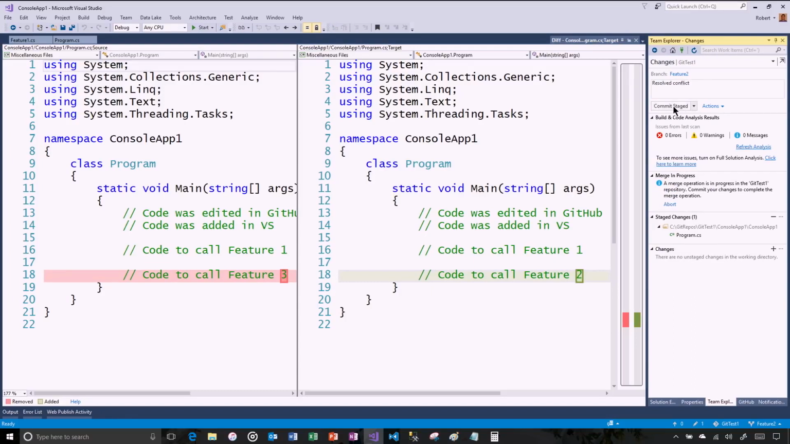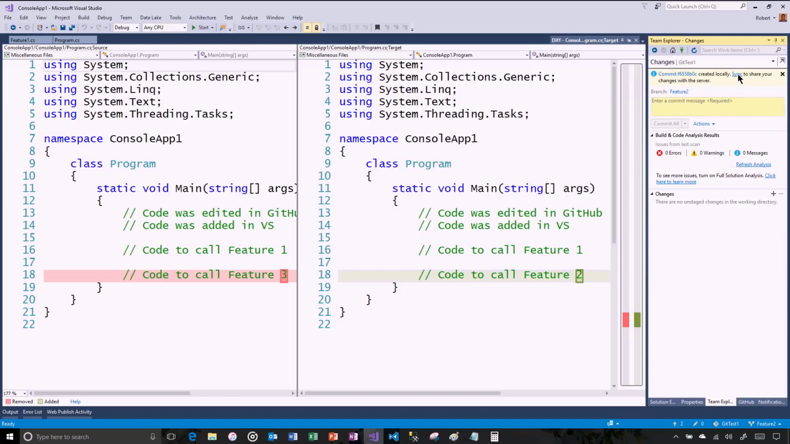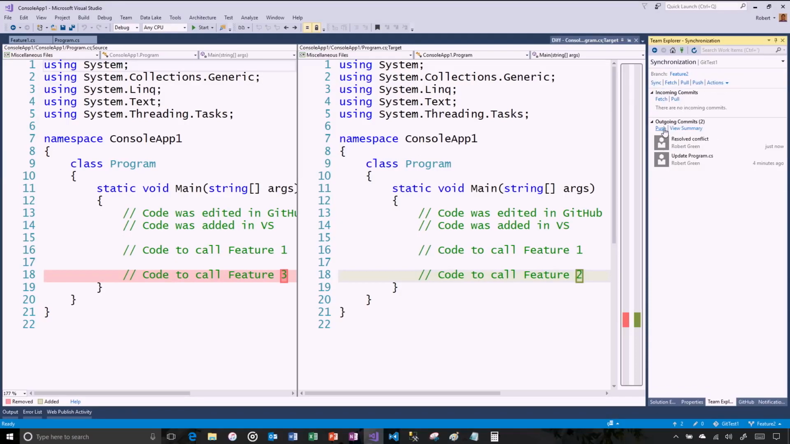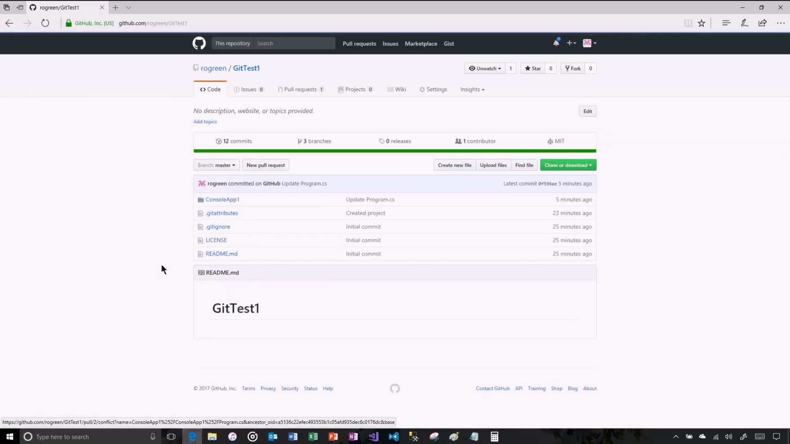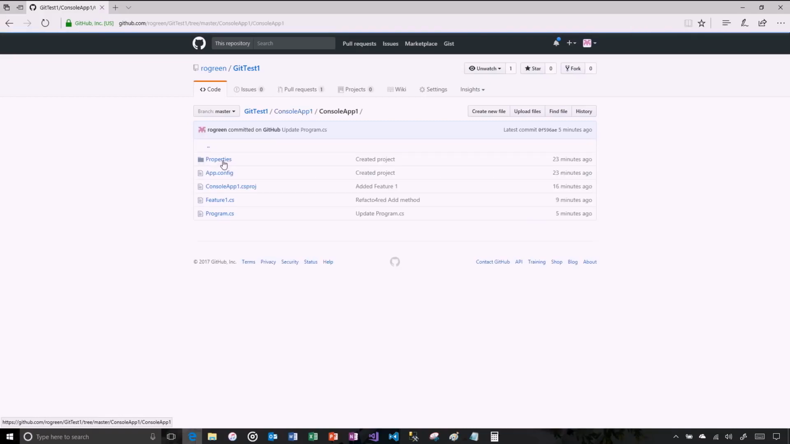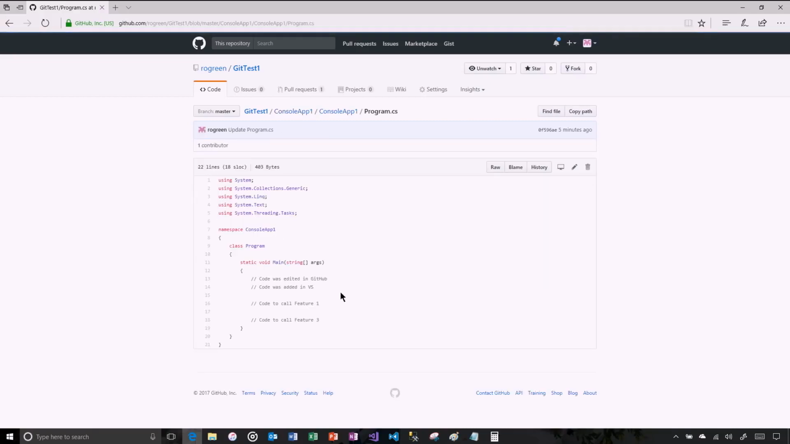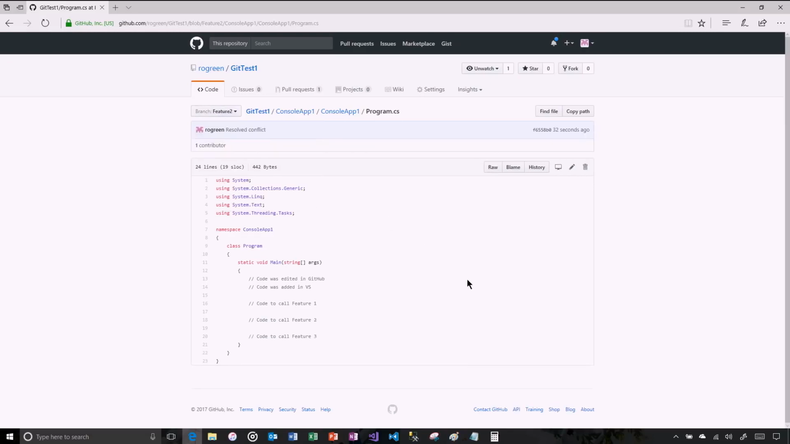Pieces breaking out everywhere. Sync, push. OK, so now the code in master, right? Let's see what we've done. The code in master does not have my change, but the code in feature 2 has both of our changes,